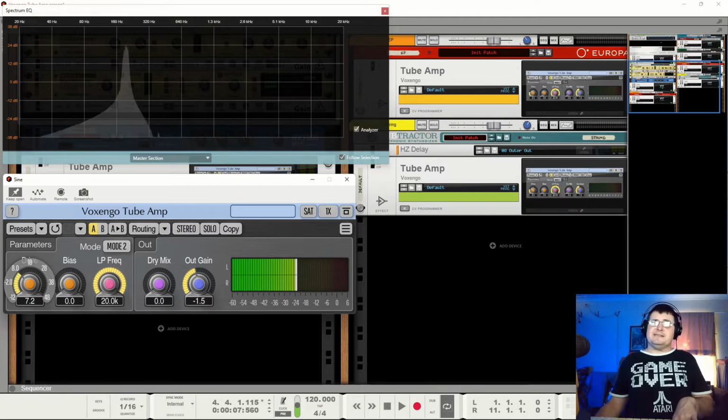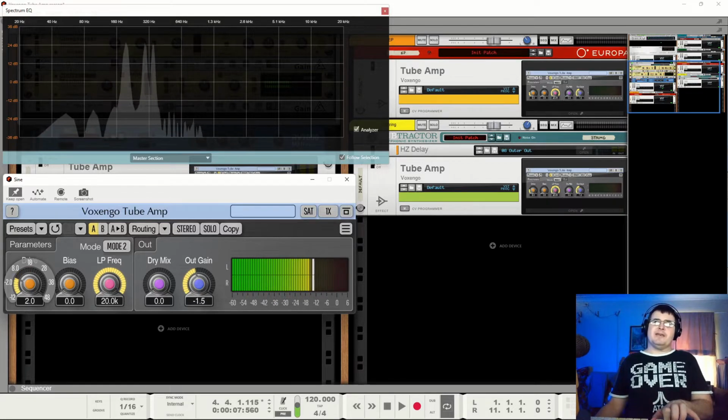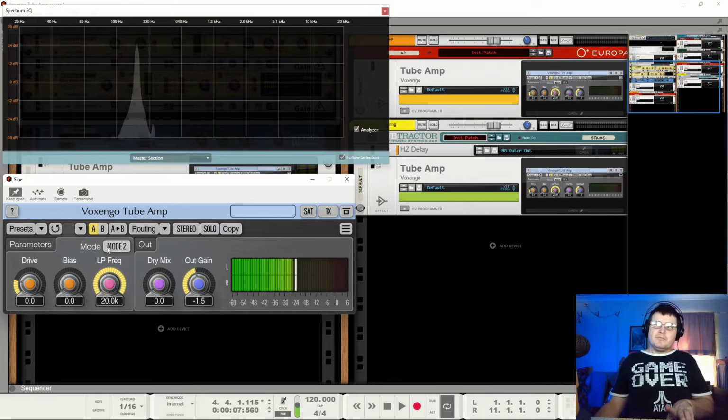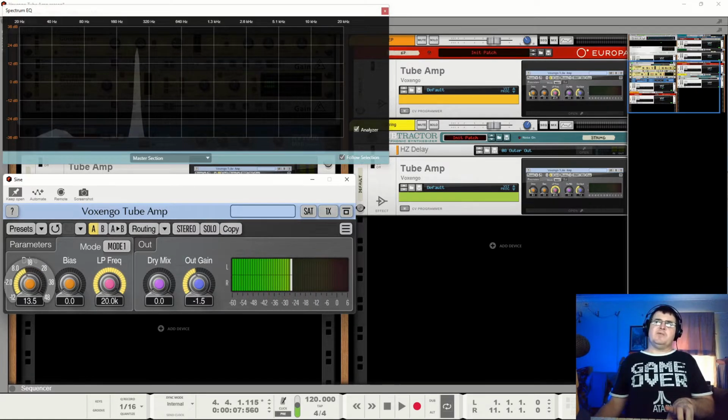And it's very easy to overdo it, which is a long way from where we want to be. You can see those overtones there already. We don't need to push hard. There are two modes in here. There's mode 1, which is very soft. You have to push quite a long way, about -18, before you start to see that overtone.